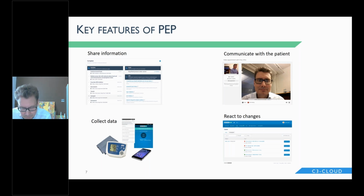The patient questionnaires in our solution are created with an intuitive editor. I think Mustafa already mentioned we had created some 30 plus questionnaires for the C3-Cloud pilots, and given that it's an editor, the technical side is quite easy, and it allowed us to focus on designing the questionnaires. So there we have healthcare experts who think of what information do we need, and given that they have a tool that allows you to collect virtually any information that you may need or want as an organization, it provided the flexibility. I think Mustafa mentioned already that some were standard questionnaires like the Modesty Green that he showed, or there are the SF36, or there were many, but we also created some custom questionnaires where no standard questionnaire